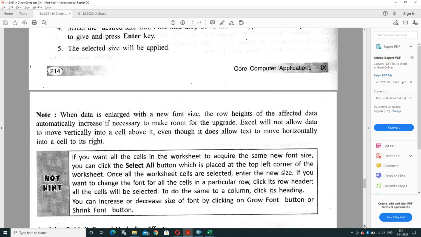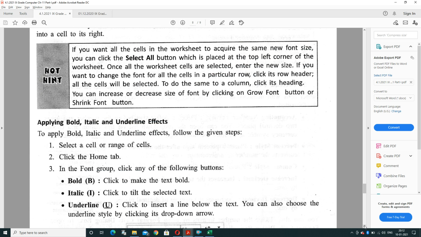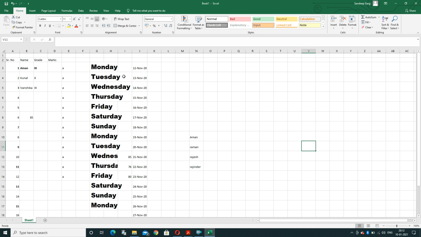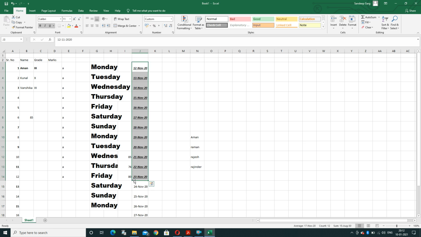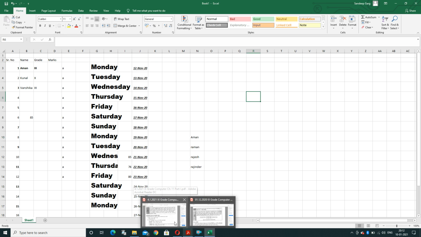How to change the size of the document? Now apply bold, italic and underline. It is the same as MS Word. Where you want to apply, firstly select the cell. Afterward, Control B is for bold, Control I is for italic, Control U is for underline. And we can do it from the ribbon also. Here all the options are there, B, I, U. You can apply and you can remove also from the ribbon area.